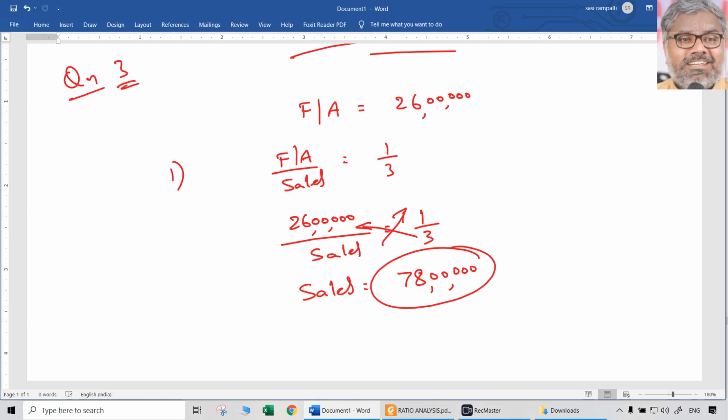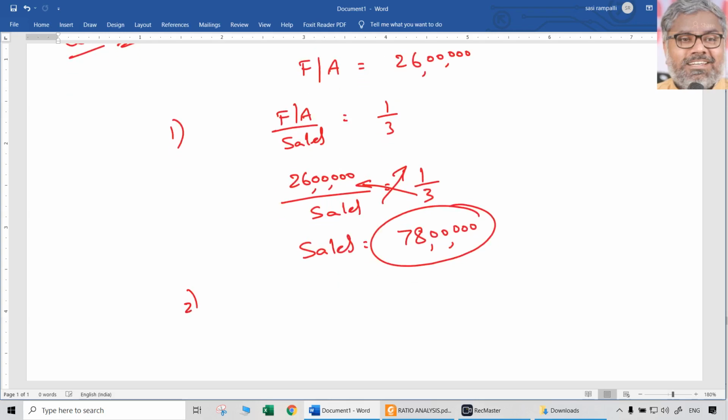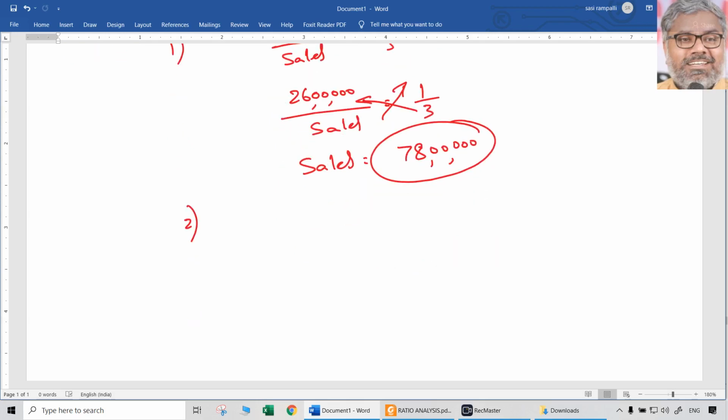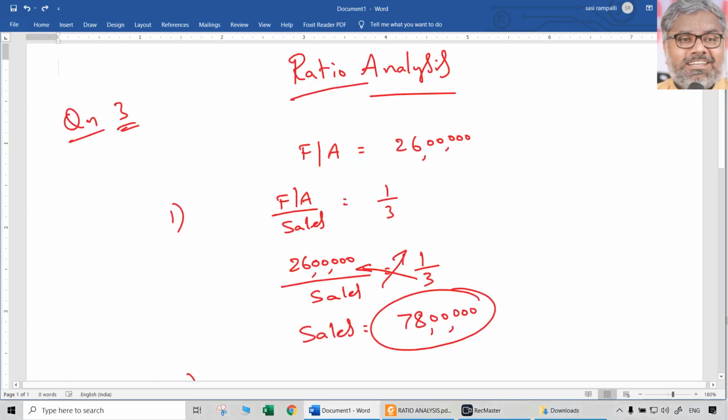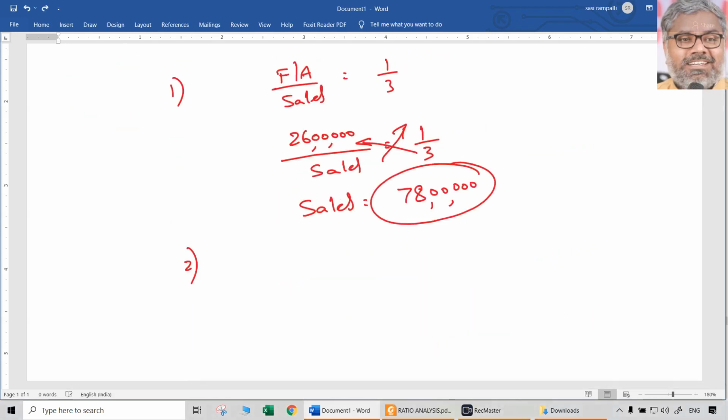That is the first thing that we calculated in working note 1. Sales is 78 lakhs, which will be useful. Just keep it aside. Don't do this rounding and all. For presentation purposes, I am only rounding it for your attention. Just leave it like that, or just use double lines if you want to highlight it. Otherwise, you can just leave it like that. Anyway.